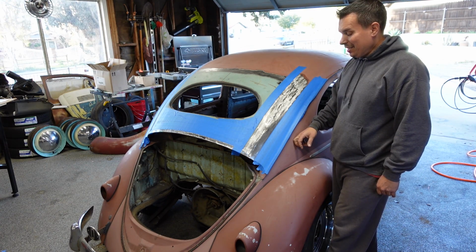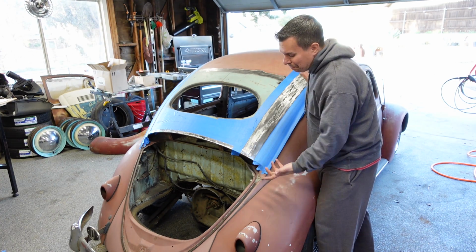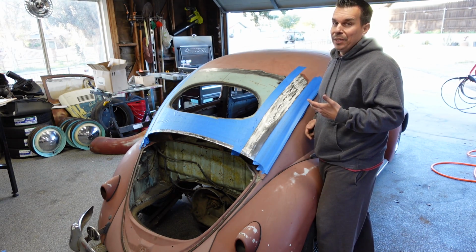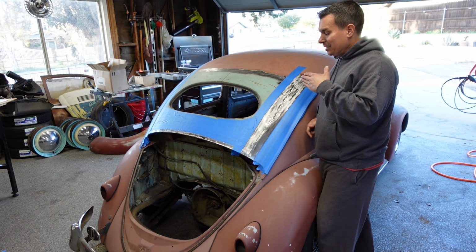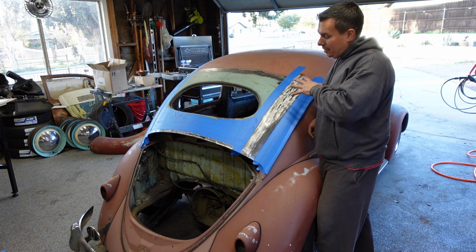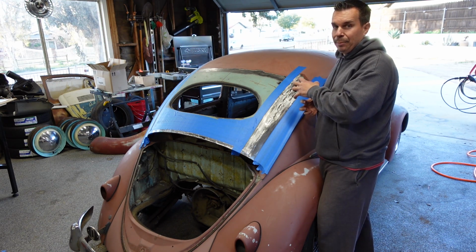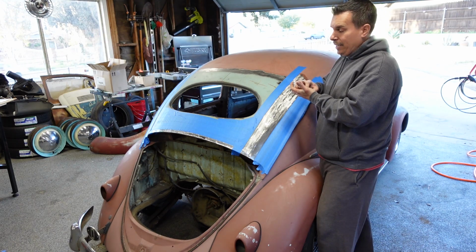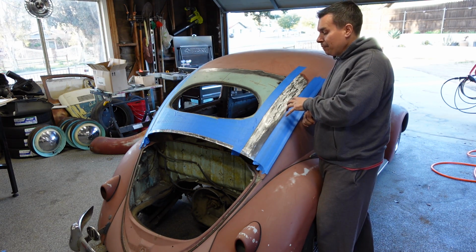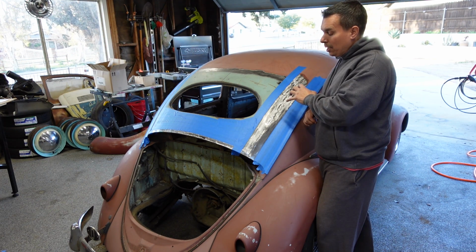So if this paint here is starting to flake up and peel, then that filler is going to flake up and peel with it. So if you want the best adhesion, go straight to the metal. By going over that metal with that 40 grit, it's basically etching the metal and giving that filler a tooth to grab into. So you are not going to have this filler whatsoever crack on you or come up on you,